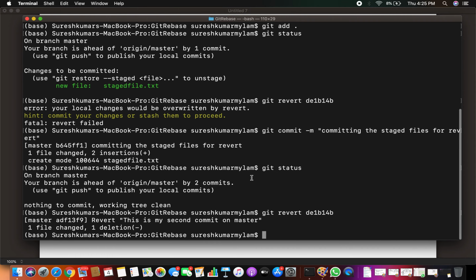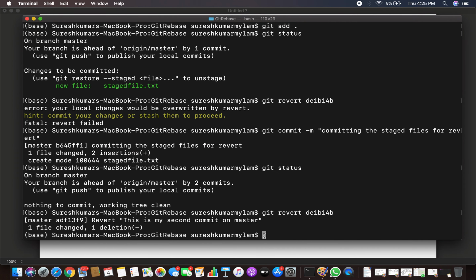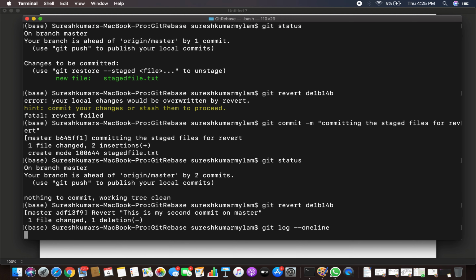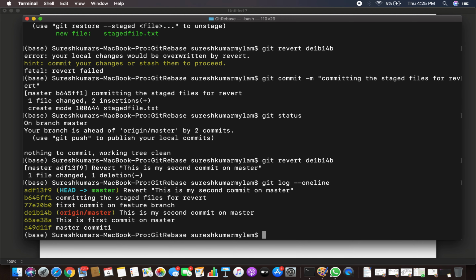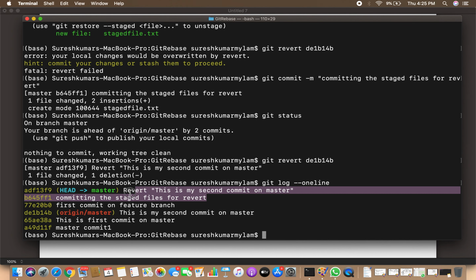Now let's see: 1, 2, 3, 4, 5 and 6. Why are we seeing 6 here? This is the commit we made to commit all our staged files, but only after this commit we performed the revert. That's why you are seeing one more.